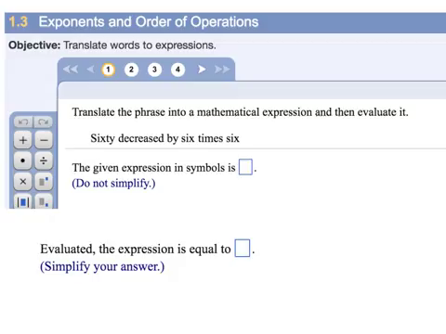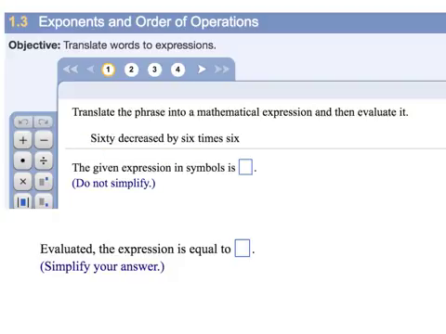Now here it says translate the phrase into a mathematical expression and then evaluate it. All right. So it says 60 decreased by 6 times 6. Now I got to tell you, 60 decreased by 6 times 6. I'm not entirely sure. So the given expression in symbols is, okay, so now the way I'm reading this, I'm